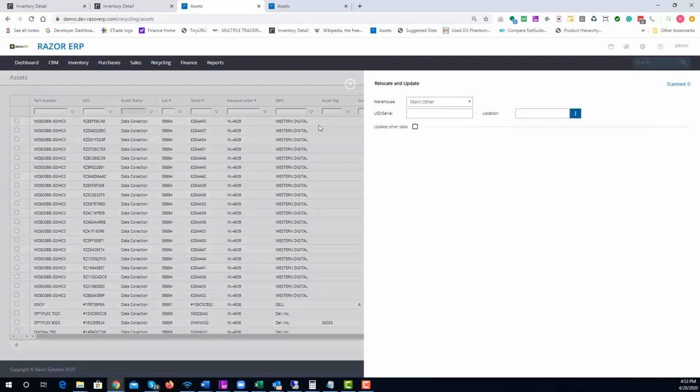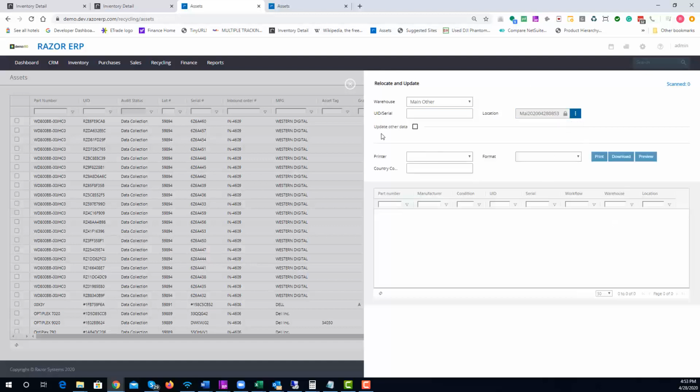So what we are going to do here is provide a relocate and update function. This is commonly used if, let's imagine you took these 20 hard drives and you sorted them out and you determined they were all grade A, or some were grade A, some were grade B. Eventually you would come to this screen. You'll generate a case, which will give you a case ID. You would lock the location. By locking the location, anything we scan in this field is going to get moved directly into this location,